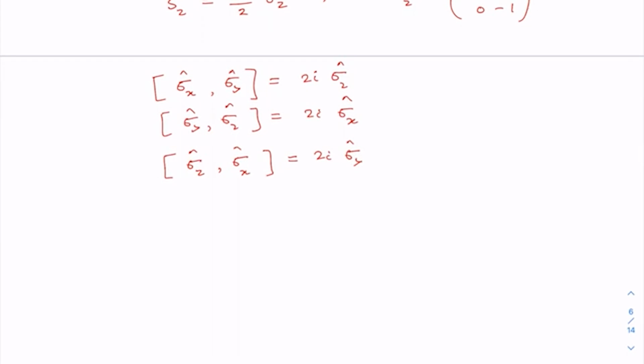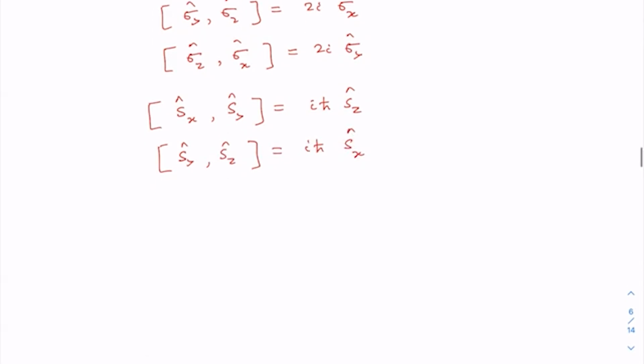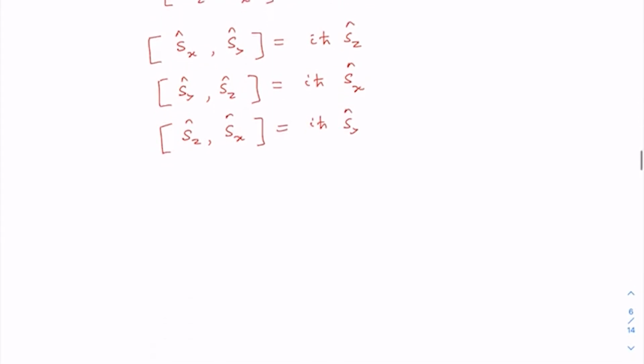Using this you can immediately see that the commutation between S_x and S_y will give me i h cross S_z. The commutation between S_y and S_z is going to give us i h cross S_x. You can notice the cyclic order here, and we have S_z, S_x equal to i h cross S_y. Let me now come back to the problem, because we are asked to find the time dependence